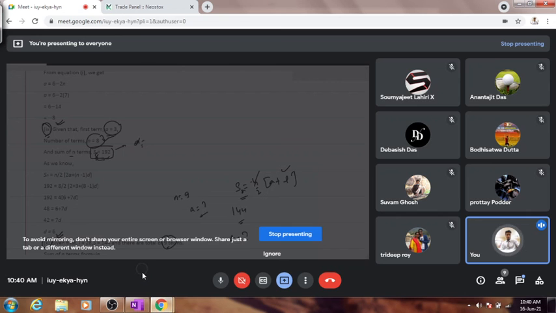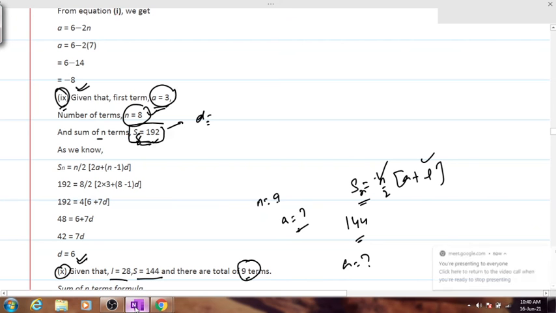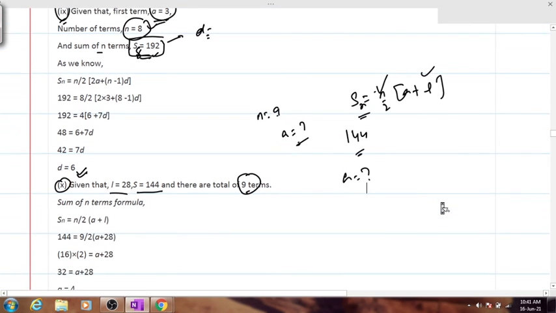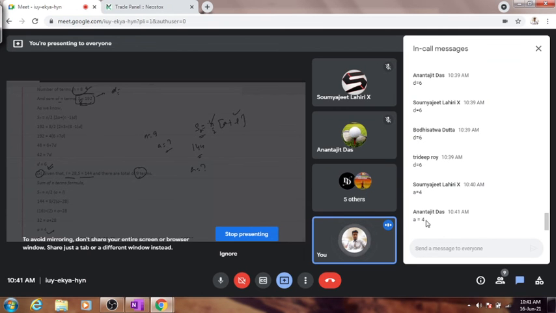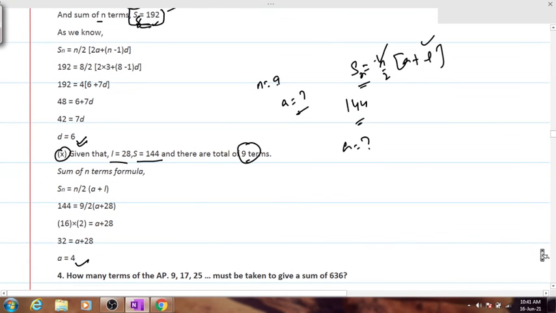It's only a matter of the formulas that you know. There are hardly 4 formulas in the entire chapter, and in this exercise I've only given you 2 formulas. Only those 2 formulas have been grinded in this exercise. Tell me the value for a. Is it coming 4? People have written 6. Why? No, it's 4. Very good. d's value was 6. Did everybody understand this properly? Yes or no? Confirm. Your a has come out to be 4.